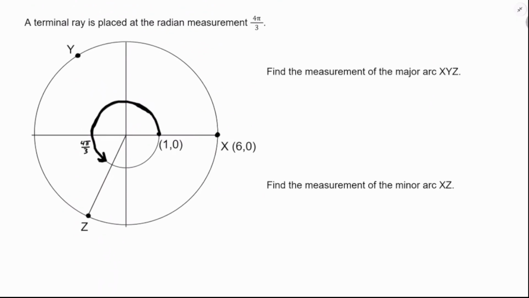Okay. Now here we're getting to some of the ones that I think are really the heart of what AP Pre-Cal is going to be like with the trigonometry. It's a lot more circles and triangles. So we're going to find the measurement of the major arc XYZ. I'm not sure I know the difference between the major arc and the minor arc. But I think for XYZ, I understand that that's the 4 pi over 3's worth of rotation. That Z is on that terminal ray. And so the measurement of the major arc XYZ,